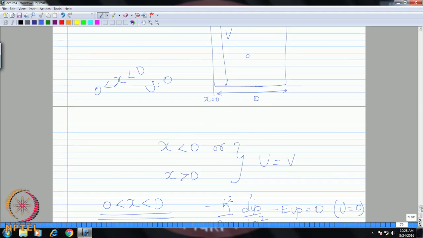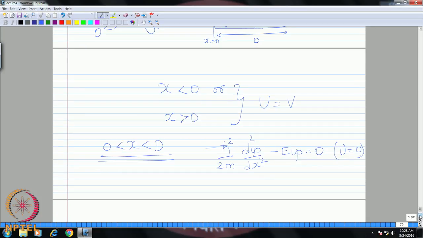So, the solution for this, if you write in terms of exponential function, you can also write in trigonometric function or exponential function. So, this will be something like, let me use the constant b, exponential